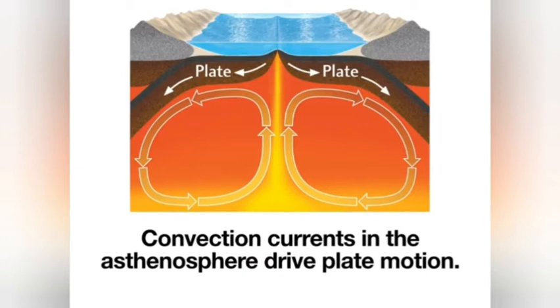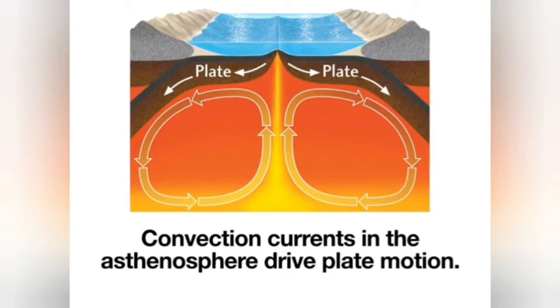Now down in the asthenosphere, that melty, gooey, bubblegum-like rock is actually able to move. And it moves because of a process known as convection. Essentially, convection says that hot material becomes less dense and rises. And then when it rises, it cools down, becomes more dense, and sinks. And what we end up with are these rising and sinking currents called convection cells in the mantle. Those end up being the machine, the force that is driving the motion of the plates.